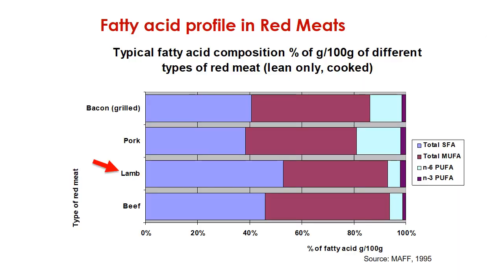Here we can see a further comparison of different categories of fatty acid in different red meats, because fat related issues are the most common propaganda against human health and red meat. In the case of bacon, the first is the saturated fatty acid, then monounsaturated, which is good, and then N6 polyunsaturated fatty acid, which is not so good, and N3 or omega-3 is very low. In the case of pork, it is almost similar.